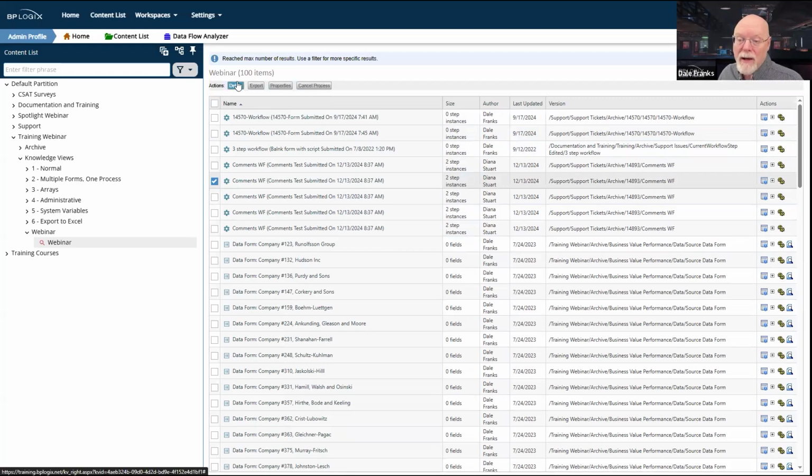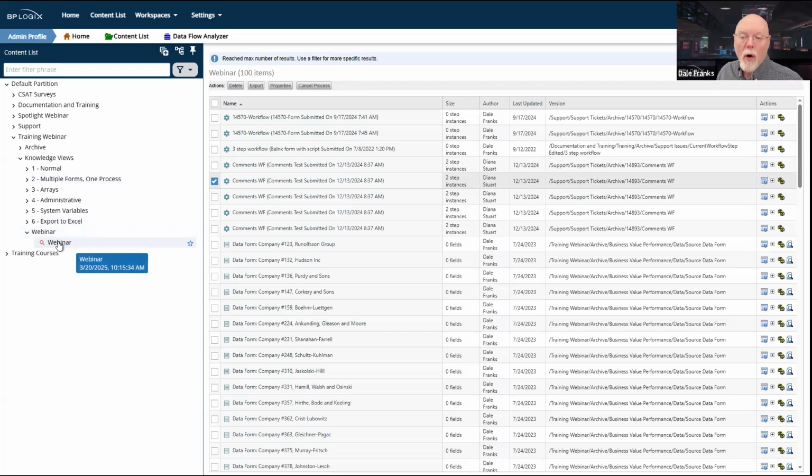And I certainly, irrespective of what permissions they might have, if they don't have delete permissions or whatever, they won't see some things, but I'm pretty certain I probably don't want them to export any items. I probably don't want them to get into the business of looking at properties of any items, and I certainly don't want them to cancel any processes. I really don't want to give them access to any of this stuff here at all.